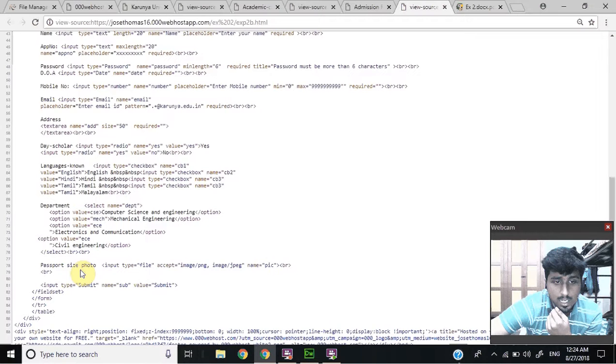And then we have something called file. That's a type of input which can accept images or any kind of files. So it can accept an image file, video file, anything on clicking it. And then finally we have the submit button, and that is the submit. And finally we can close the form after we close the fieldset, and that is with